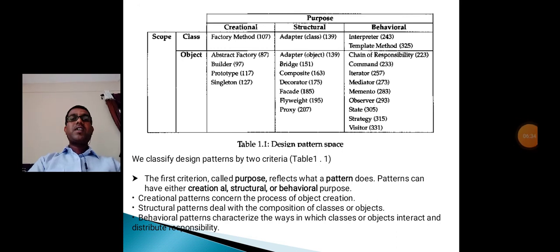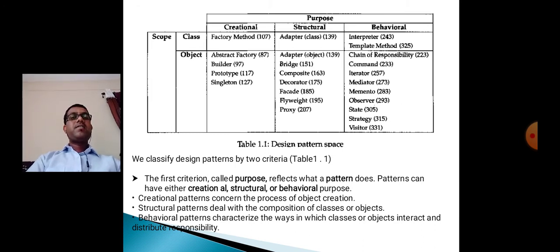We have classified design patterns according to two criteria given in the table. The first criterion is called purpose, which reflects what a pattern does. Patterns can have a creational, structural, or behavioral purpose.